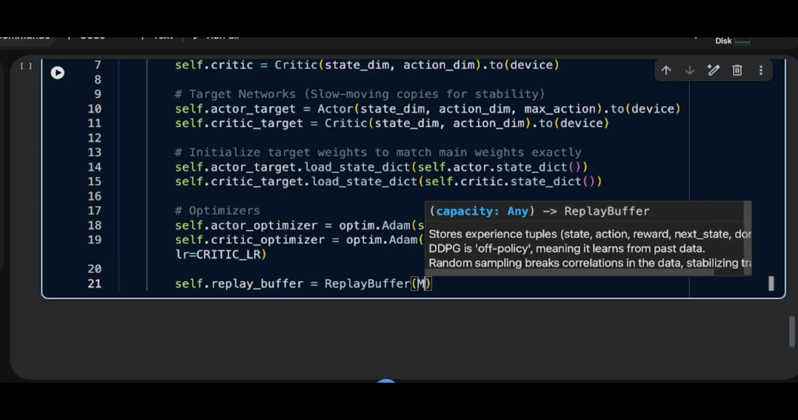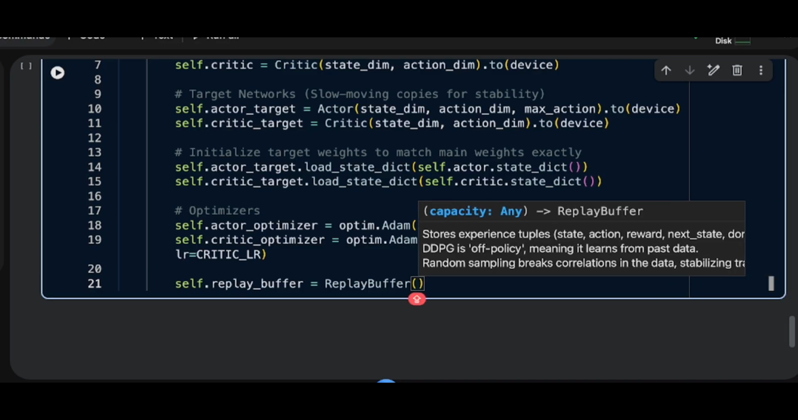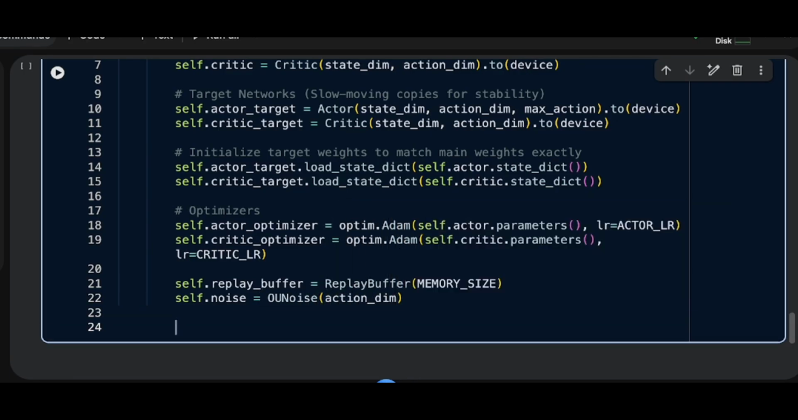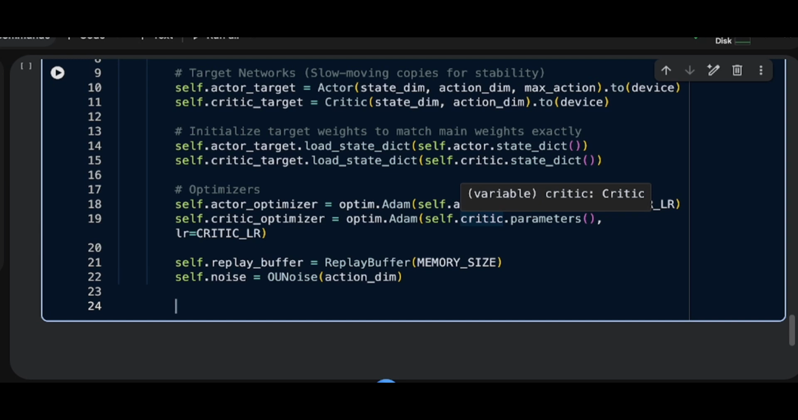The size of it will be the memory size which we defined earlier. And we also define the noise, taking the action dimension. Now for the select action,